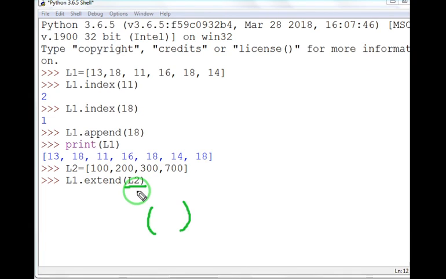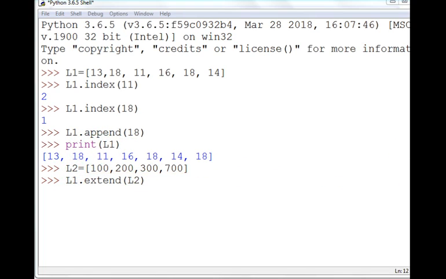So extend takes a list as an argument and appends all the elements of the argument. Whatever elements are present in L2, 100, 200, 300 and 700, it will append all of them to the list object on which extend is applied. I have applied extend to L1, so all the elements of L2 will be added in L1.